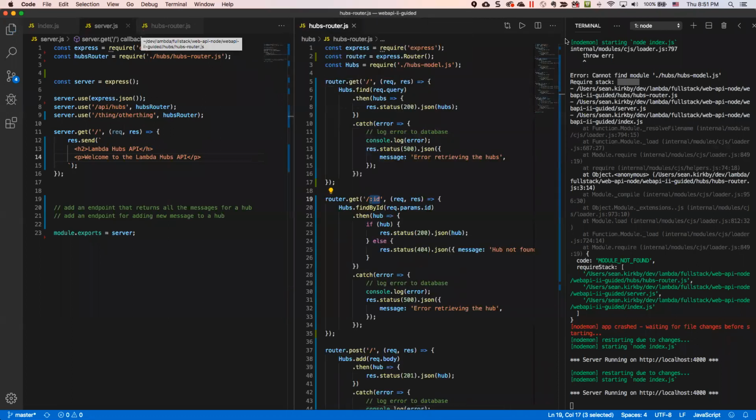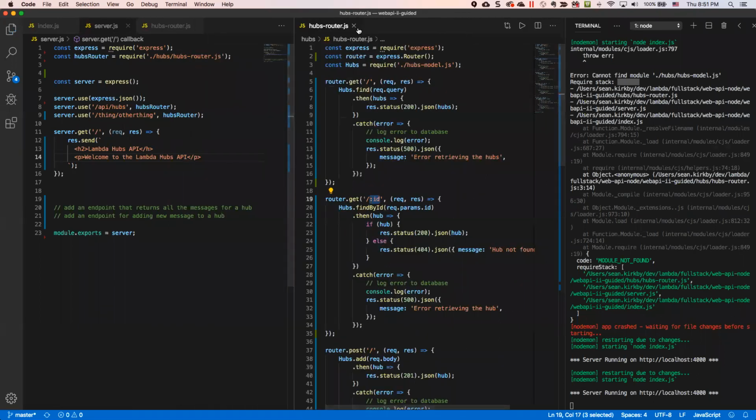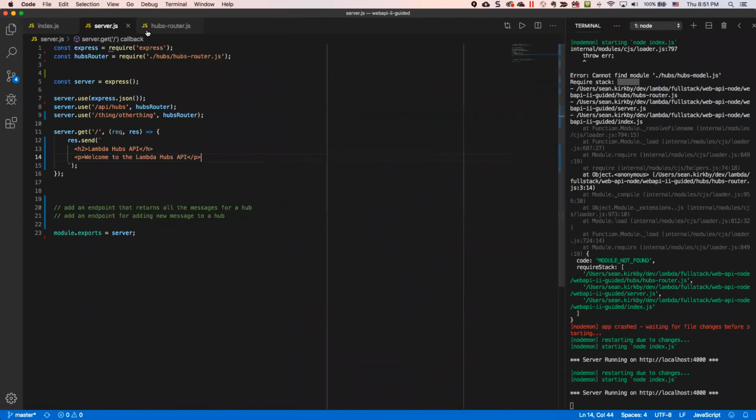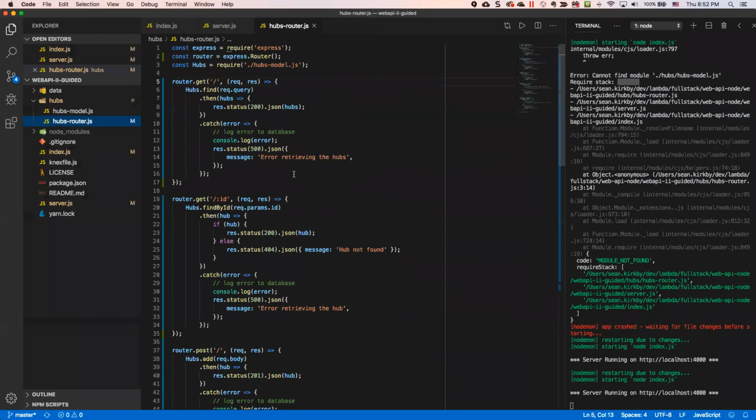I'm going to move on from this. So let me close that and that, and then we'll come back over here to this router. All right. So to demonstrate this, if we take a look at this particular endpoint here, this get method inside our router,